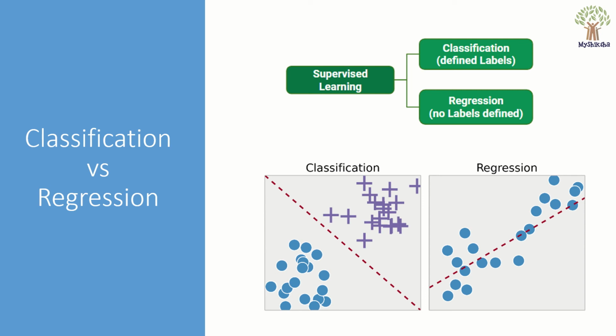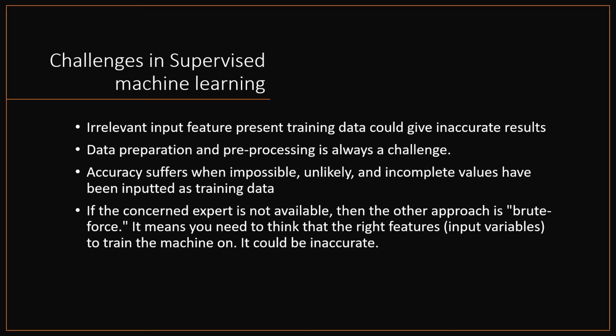So classification and regression, when you plot the data on the chart, this is how it may look. You're trying to classify with a line equation on the data that is available, so that when any new data comes in, you will try to understand whether the data belongs to the left or the right side, which side it is closer to with respect to this line. Regression is about touching most of the data points that are plotted, so that the equation can help us predict the future value for a future input variable. That is regression.